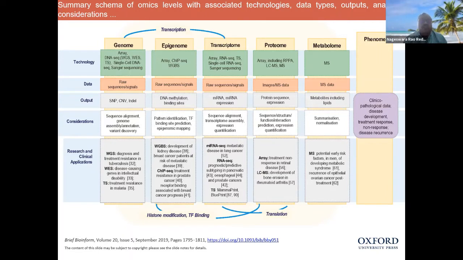Okay, so with this genome, we are using the NGS data and getting the raw data, and we look at the output. We get the raw output as single nucleotide polymorphisms, single nucleotide variants, and insertions or deletions of major fragments. Then we have variant discovery. Overall, variant discovery will help us in diagnosis and treatment of various diseases and in understanding other aspects, such as why there is an intellectual disability, or how we can treat an organism. Okay, so this is about high throughput sequencing of genome. Now the second aspect we have is about epigenome.